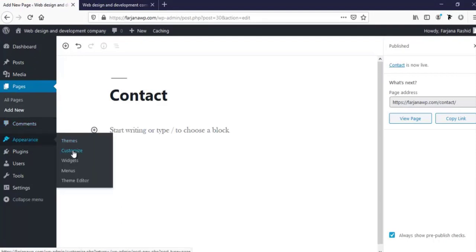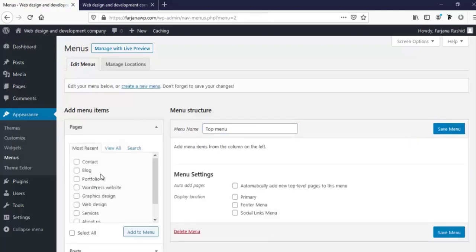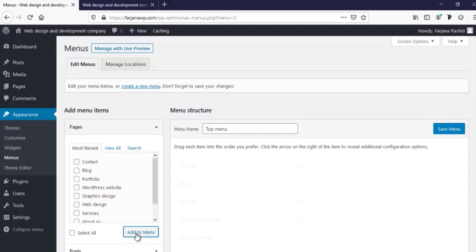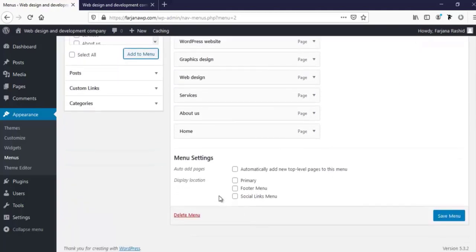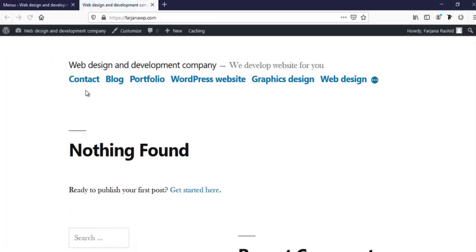So I'm going to appearance and menu. So from here we have to create a menu name. So here we can type any name. So for example I'm typing my top menu and create menu, and from left side here is all my pages which I just created now. So here I'm selecting all my pages and add to menu. Now I'm selecting display location, so I'm selecting primary and save menu. Okay, so now I'm going to refresh my page again. Okay, so here we can see here is our menu is showing here,